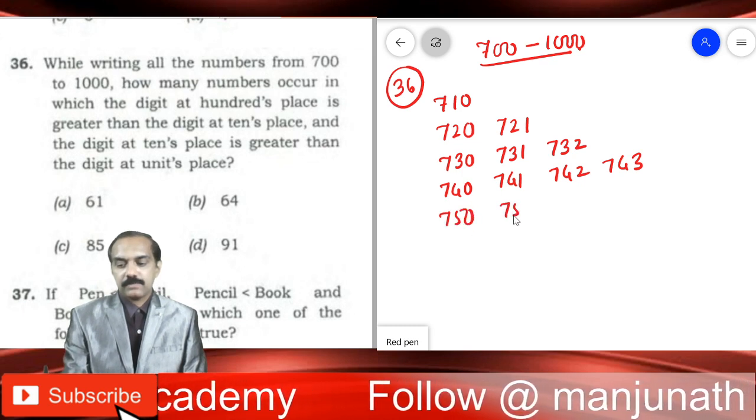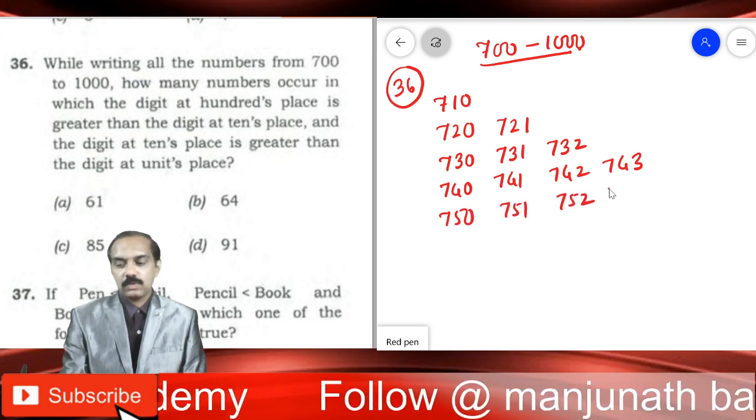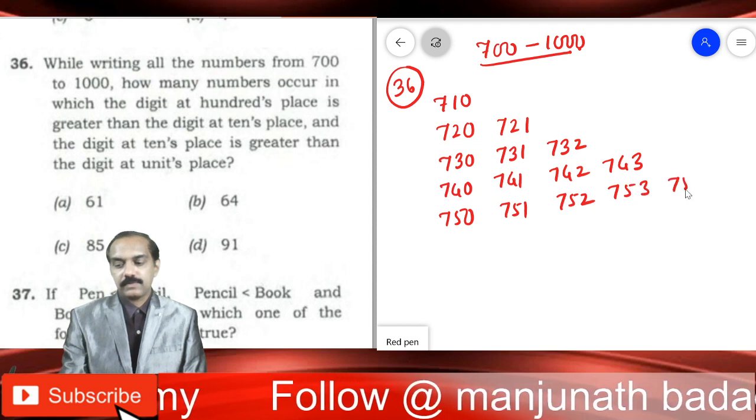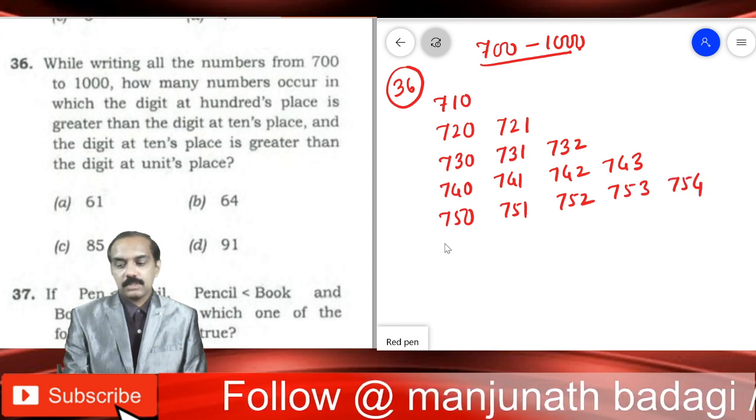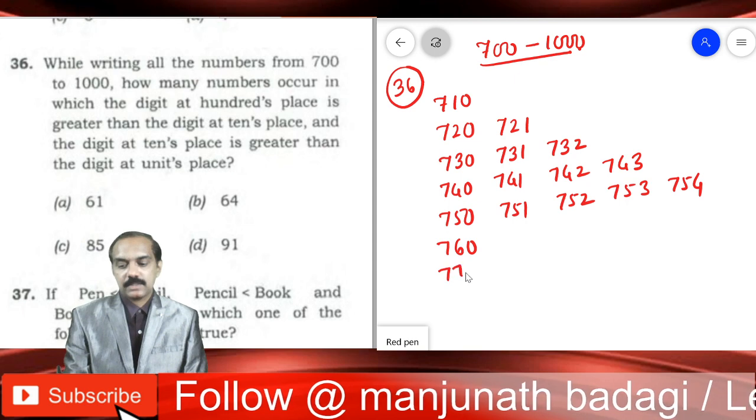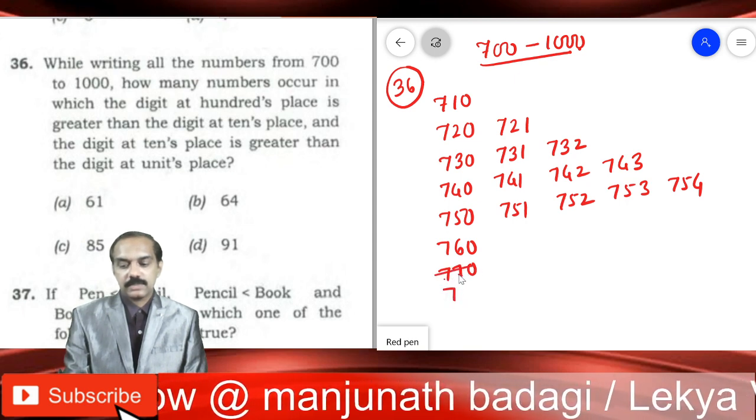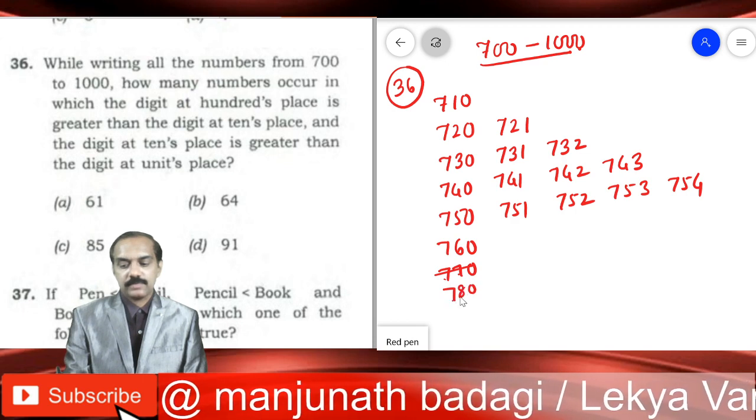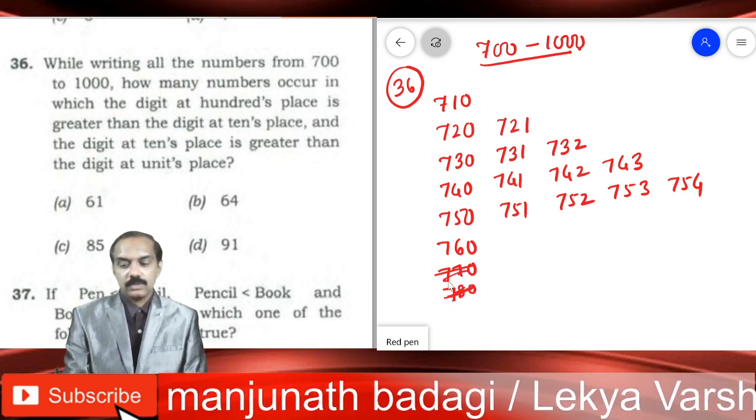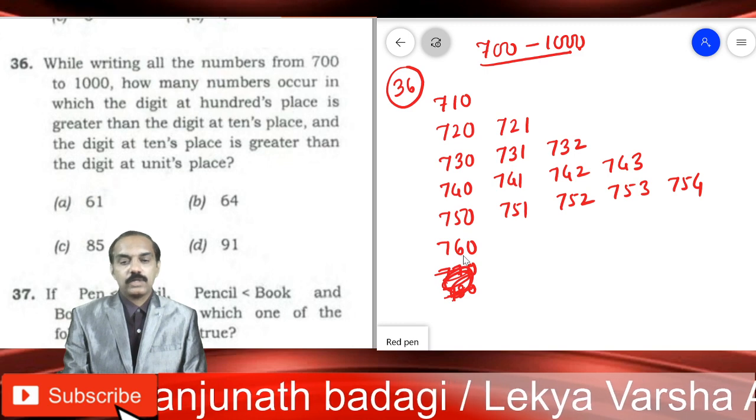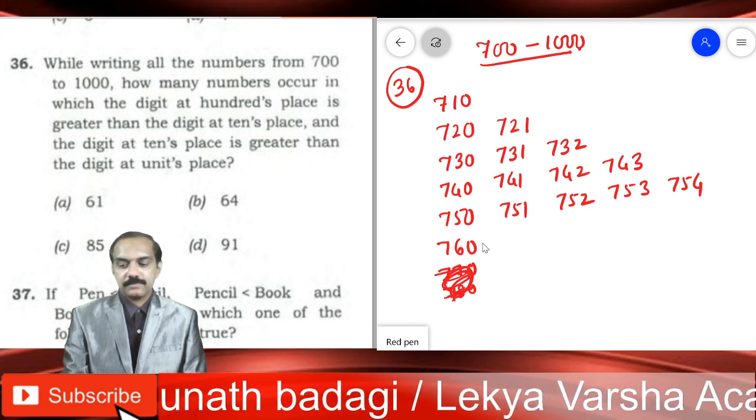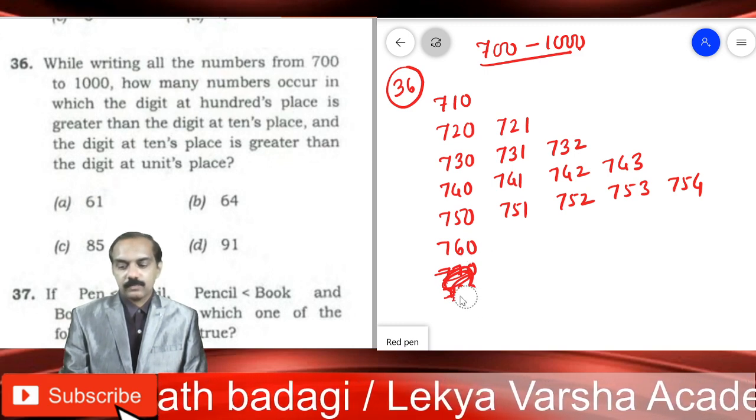750, 751, 752, 753, 754, 760, 770. 770, no, not possible. Why? 7 same. 780 not possible. 8 is greater than 7, no. Okay, so you can go only till 760, right? Now